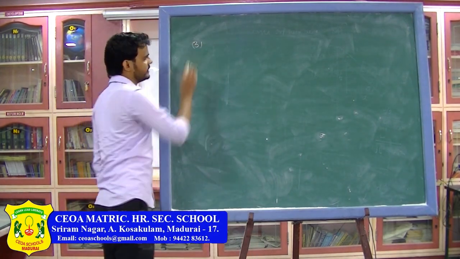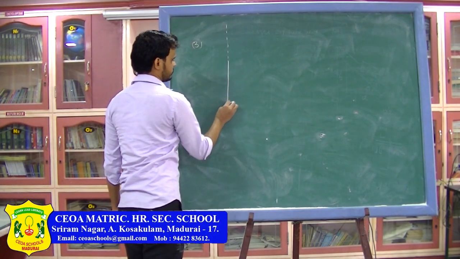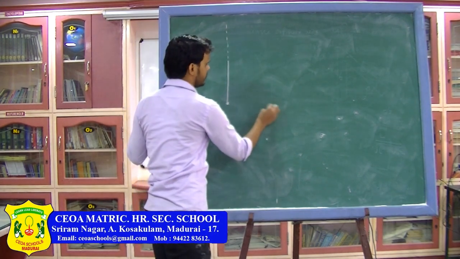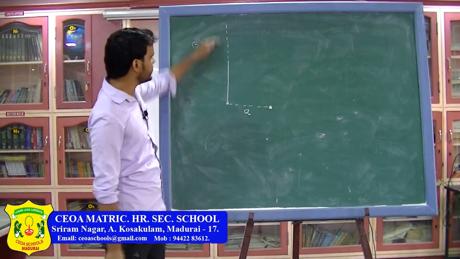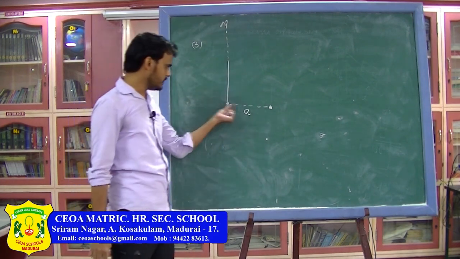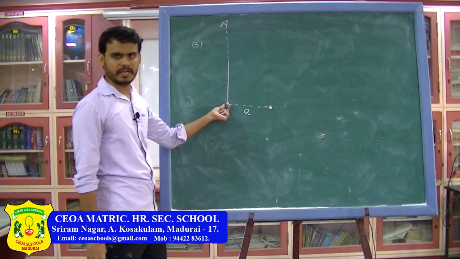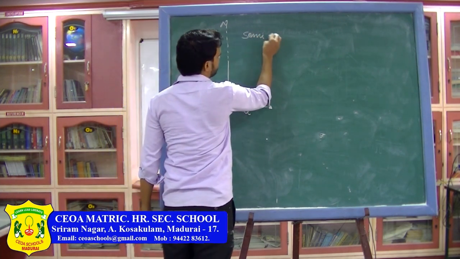So the third case is we have a really long wire, and the point is exact opposite to one end of the wire. As you can see, this is a really long wire, so it is going up to infinity, and the point is exactly opposite to one of the ends of the wire. So we are going to call this situation a semi-infinite wire.